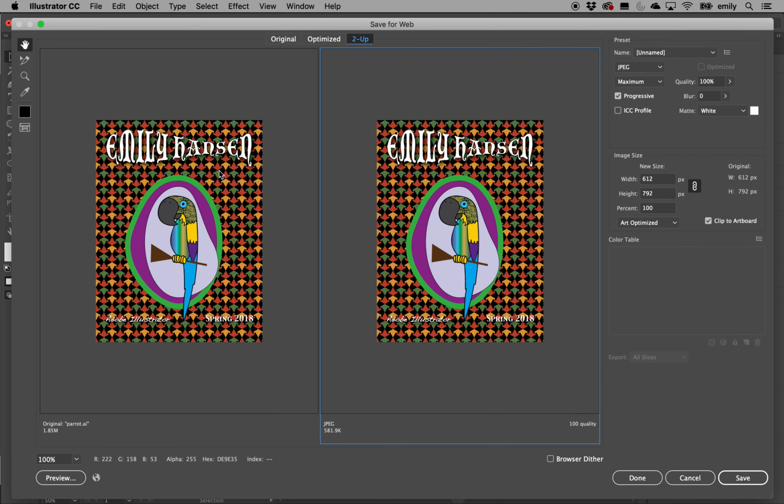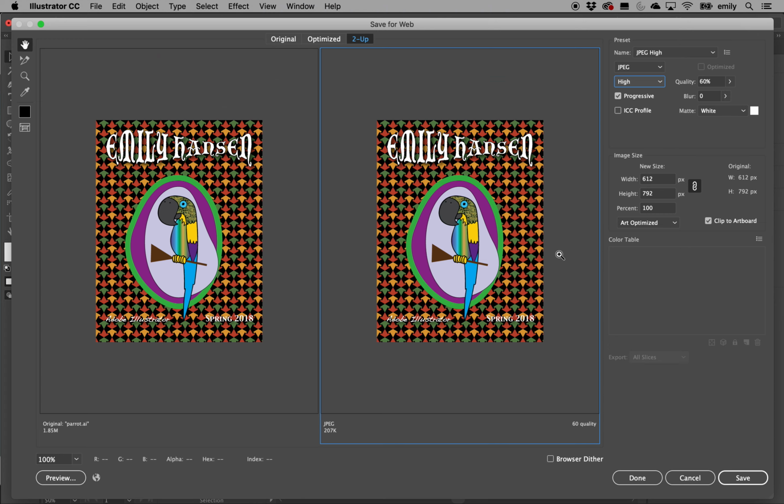If you do two up, you can see your original versus this. You want to make sure this is still legible again. So when you're done, open it up before you upload it and check it to make sure that the text is legible. And you can save it as a JPEG or a PNG. With this much detail, you probably don't want to save it as a GIF. But JPEGs are good, and even very high JPEGs or high are good enough for our homework. Again, just try to make sure this stuff in here is legible.